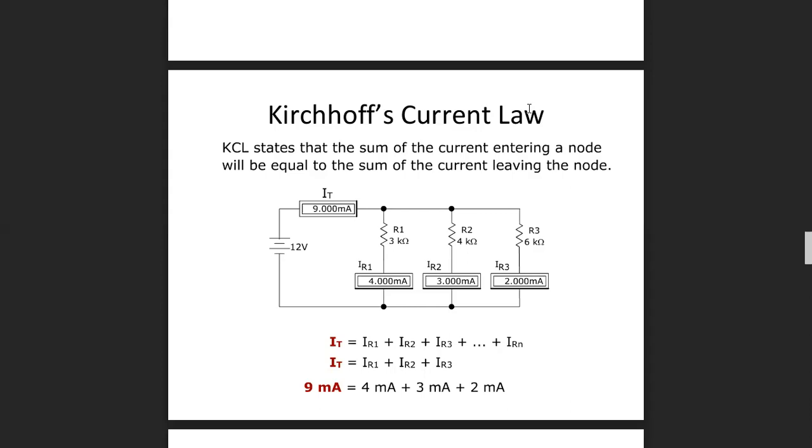This is a single node, and three branches are connected to it. You can see that 4 amperes is passing through 3 kilo ohms of resistance, 3 milliamps is passing through 4 kilo ohms of resistance, and 2 milliamps is passing through 6 kilo ohms resistors. If we sum them all, 4 plus 3 plus 2, it gives us 9, which proves that KCL is true, that the current entering the node is equal to the sum of the currents leaving the